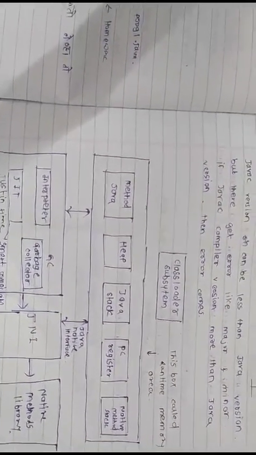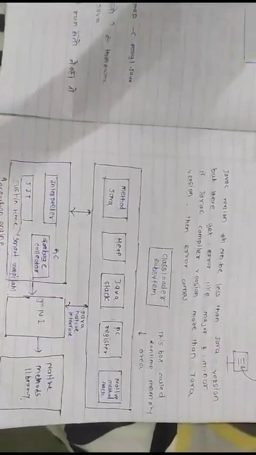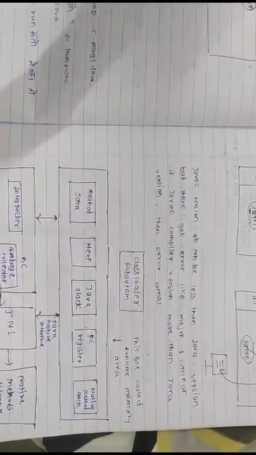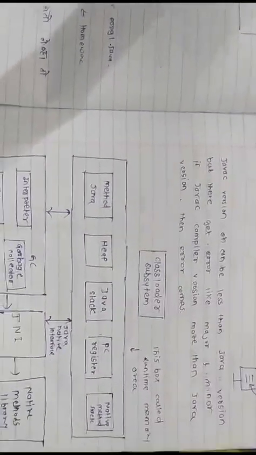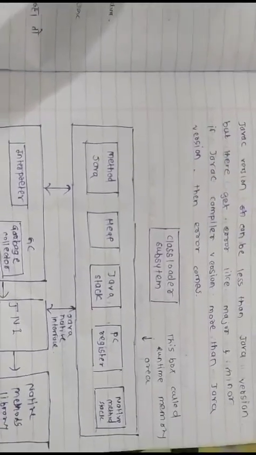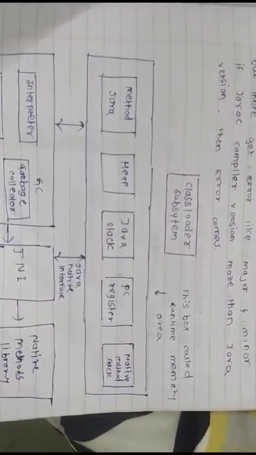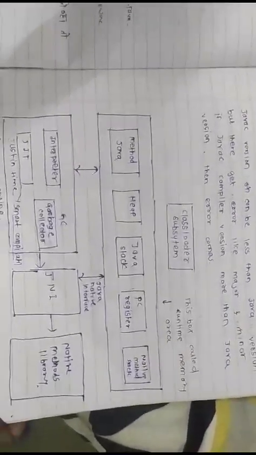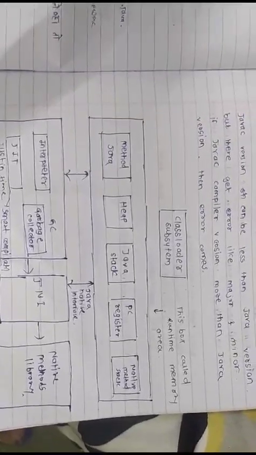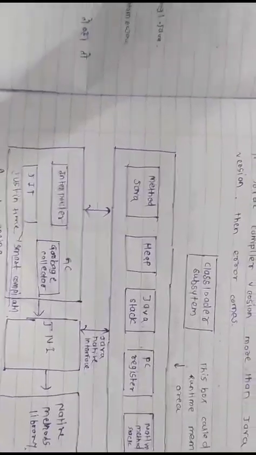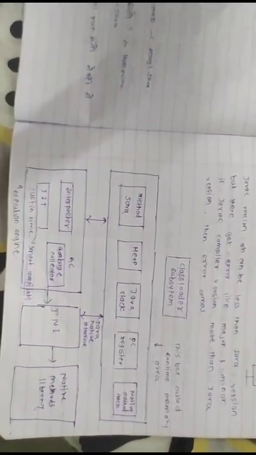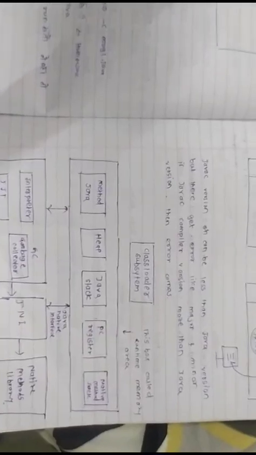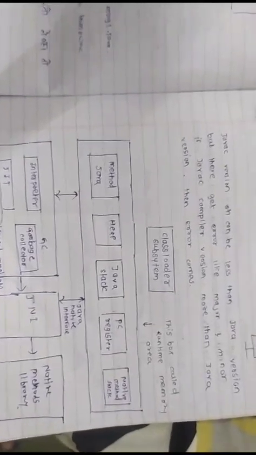In the method area there is the main file, static variables, and all the source code of the program. After that, firstly the static variables will go to the Java stack, and after that the main file will execute in the Java stack, and subsequently the instance, non-instance variables and objects will be assigned.